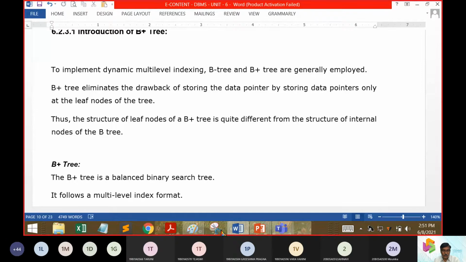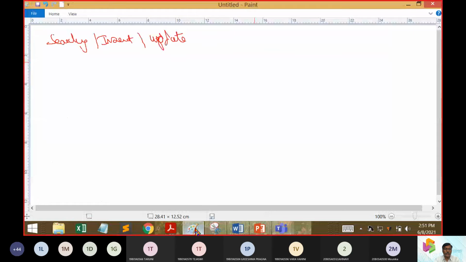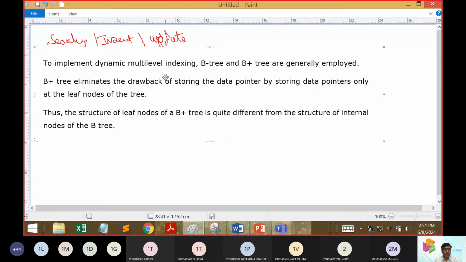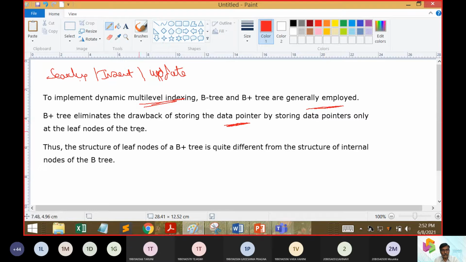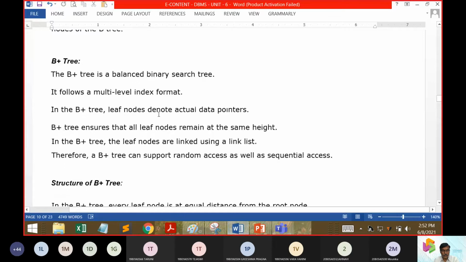So the B plus tree, we were mentioning that it is going to be implemented in a multi-level way. It is going to be very dynamic, and it is implemented in a multi-level way. So at this point of time, it is multi-level indexing. Second thing, whatever ISAM is suffering to differentiate data pointers and the leaf nodes, etc., that was eliminated. And of course, it is going to have an internal structure, how to represent a B tree, etc.